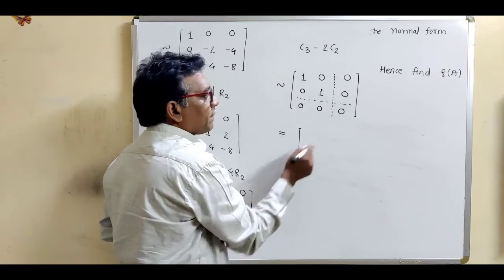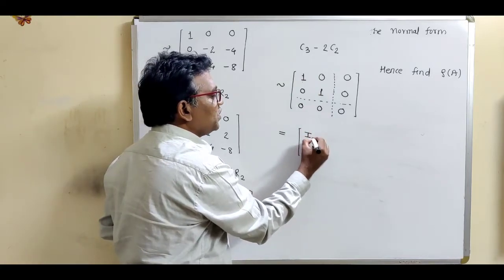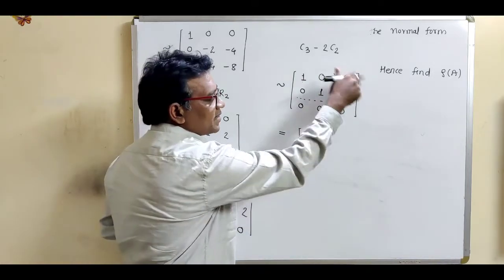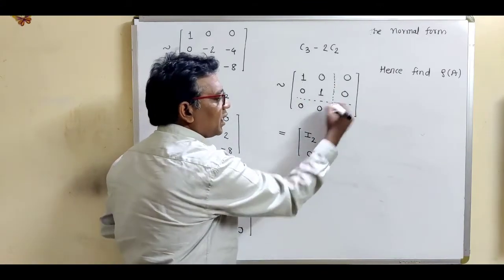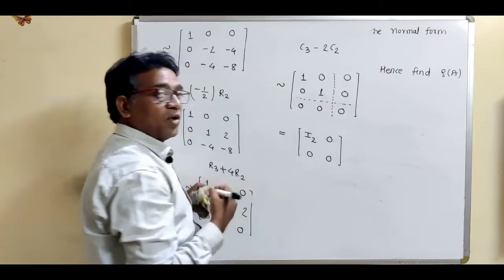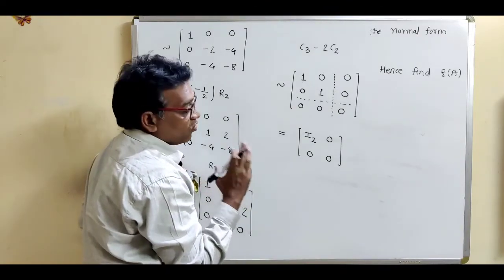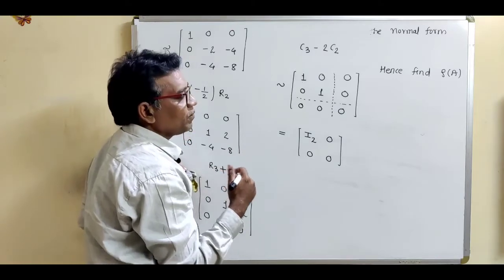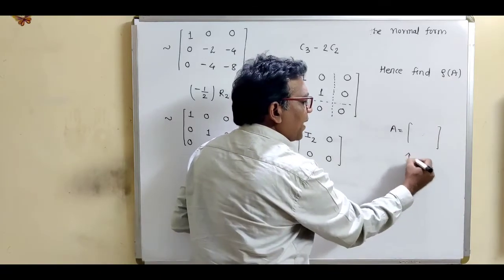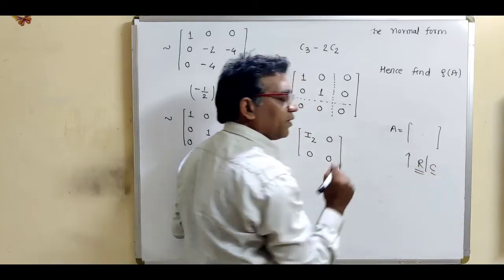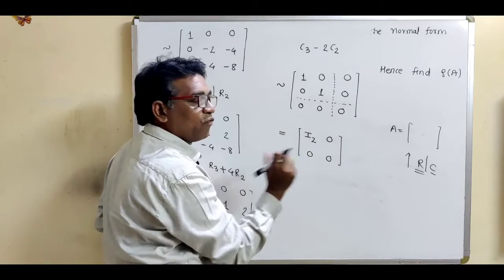So now there are 4 portions. This first portion contains the unit matrix of order 2. This second portion contains the 0 element. This third portion contains the 0 element, and this is the last portion which contains again the 0 element. So this is the standard form which is called the normal form or canonical form. So see what is the definition of normal form or canonical form. If suppose A is the given matrix, then by applying some elementary row transformation and column transformation, we can reduce this matrix A to any of these 4 forms.